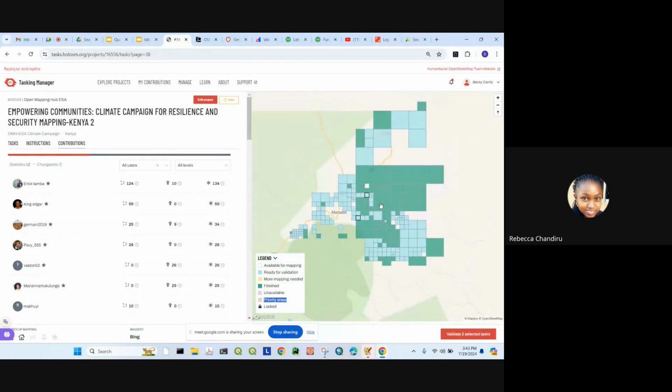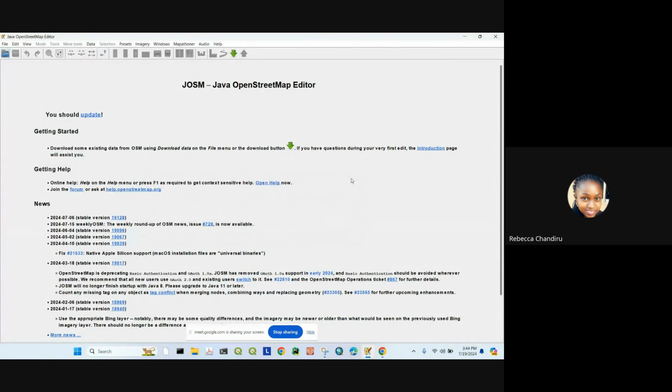So sometimes the project managers create projects and they want you to concentrate on a certain part of the project because they intend to go to the field. So in case you see a pink boundary around it, please prioritize that area, both validation and mapping, to enable project managers finish the remote mapping so that they can go to the field and add additional information on what you've created. You good? Any questions there? Okay, if there are no questions, I will go ahead and